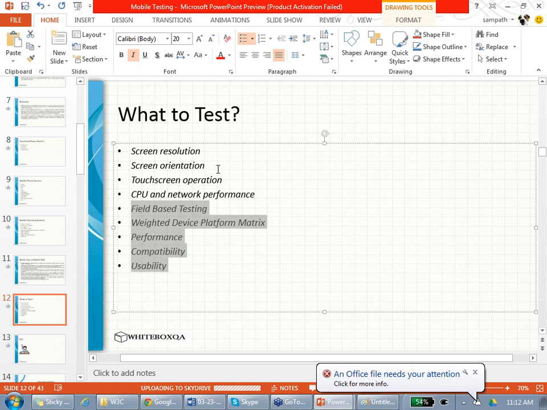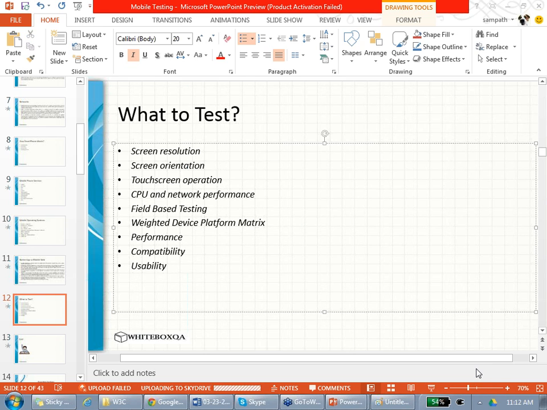Agreed? So, what are the things to test only specific to mobile phones? This list is little. This will be improving over a while. I didn't add much because I only thought of it now, and I am not really testing mobile phones or didn't do this before. So this list will be growing.